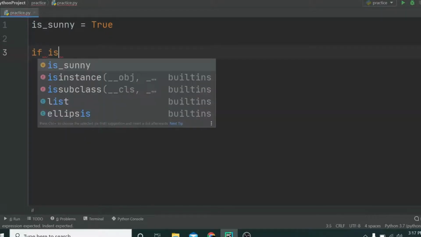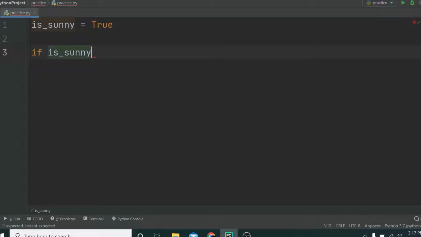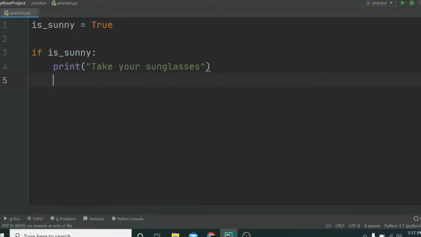If is_sunny, then I want to print take your sunglasses. And for otherwise, like if it's not sunny or it is cloudy or raining, in Python we use else, and you could say print